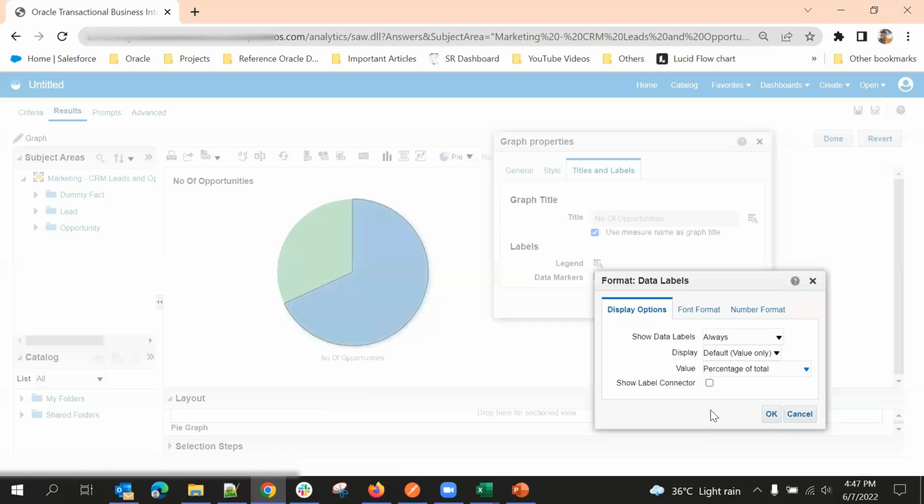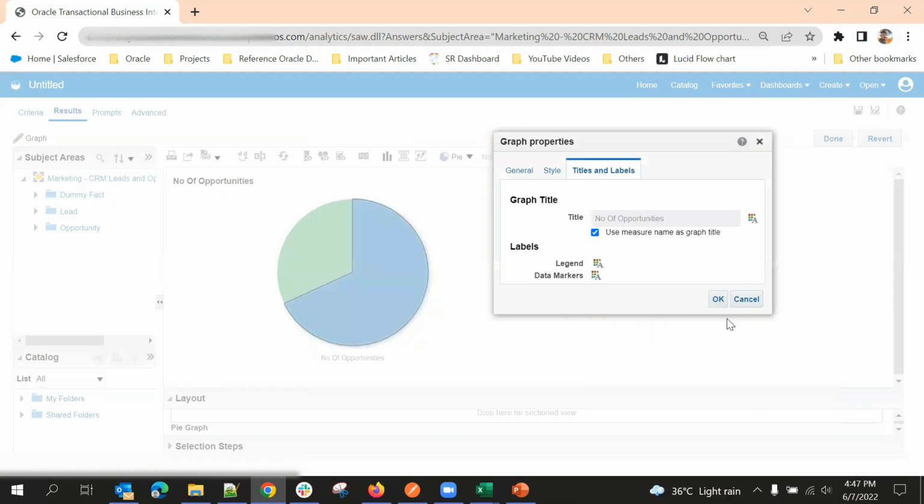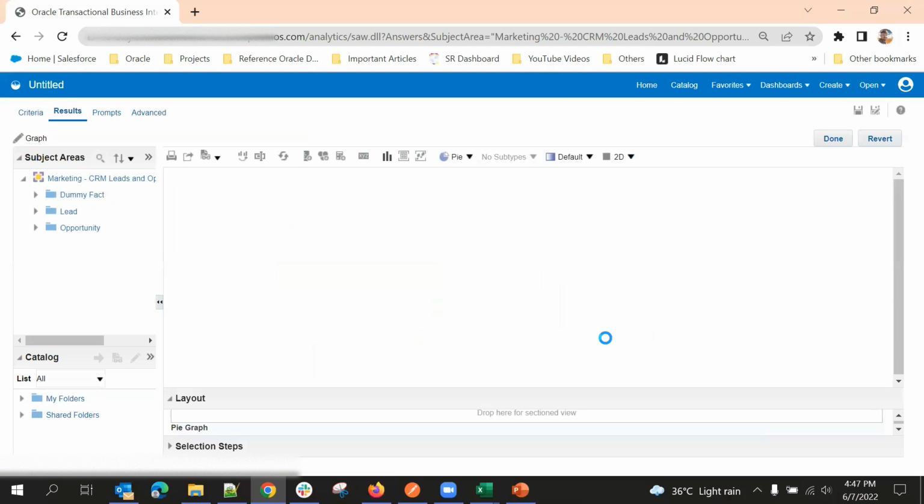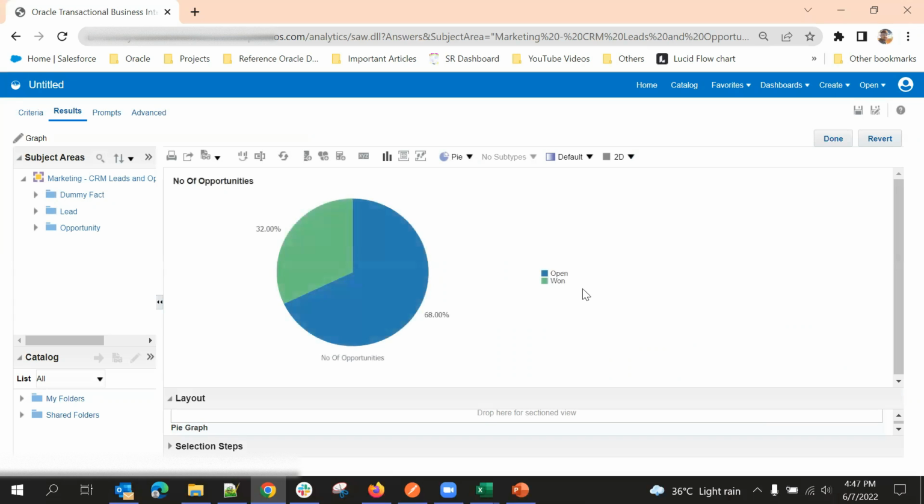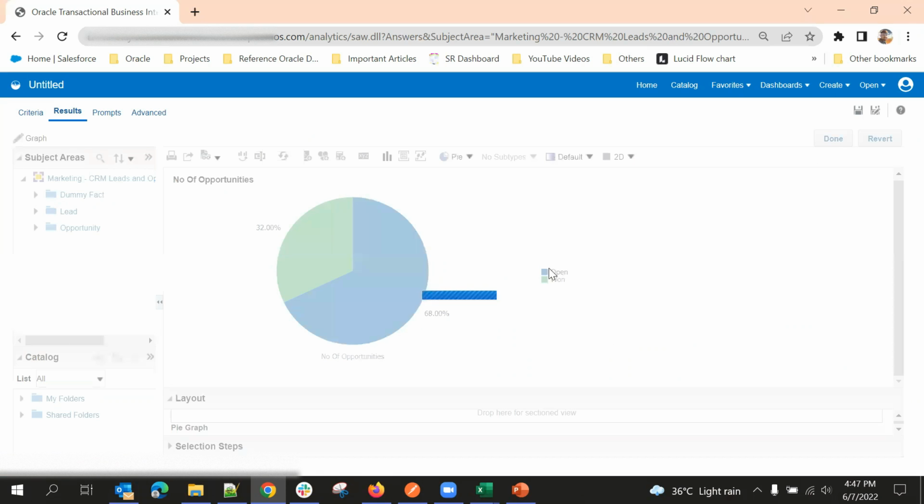For now, I'll just select percentage. Then I'll click OK. Now you can observe it is showing by percentage. So 68% of opportunities are still open, and only 32% of opportunities are owned. Okay, so I created this view,